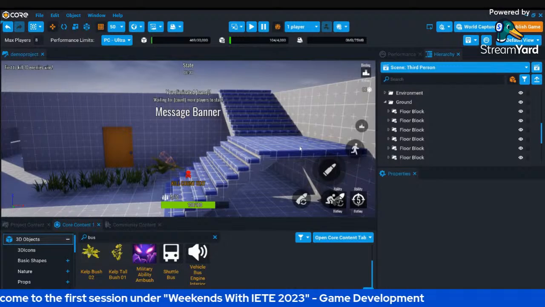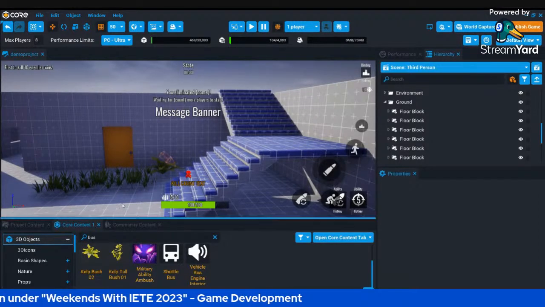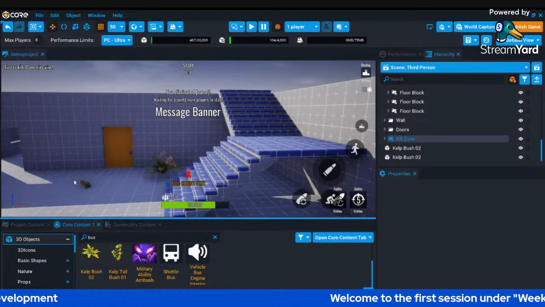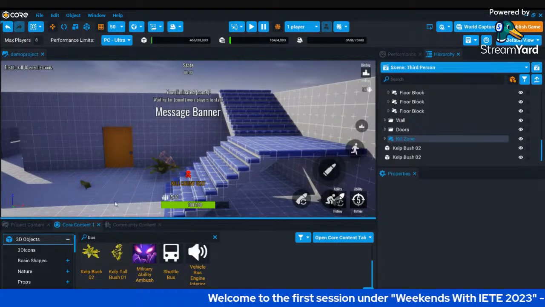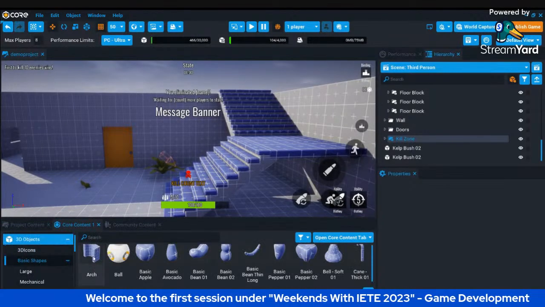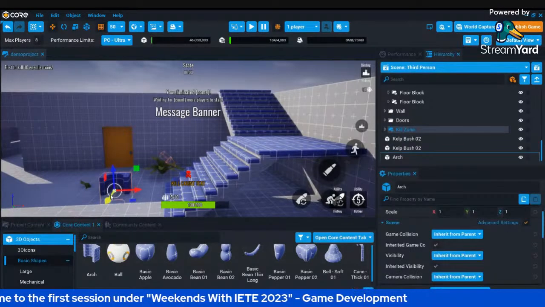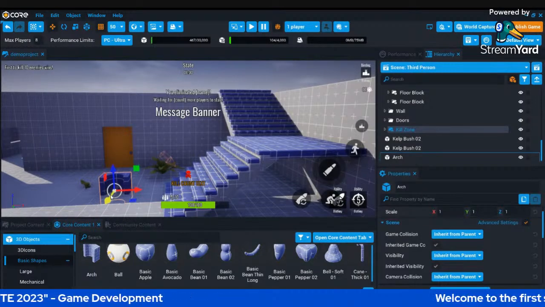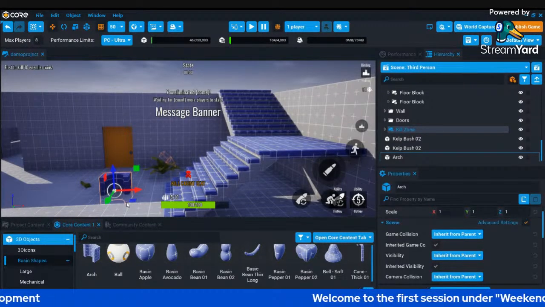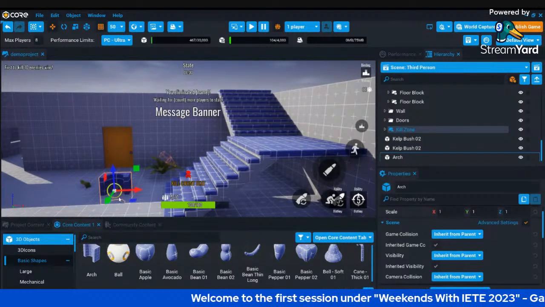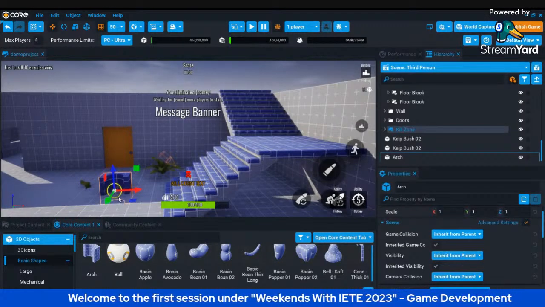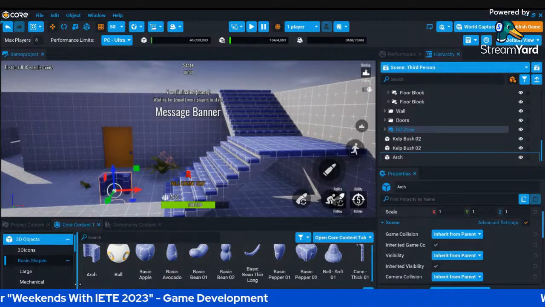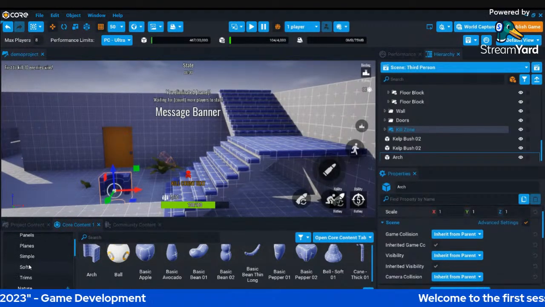Now let us add some materials. You can just randomly select any object. If you want to give a material to your object, just select it. Now here you are selecting, this is your object, suppose. Okay, I think I must wait, the screen is lagging. Okay, so now you have selected an object. Now you just have to give it a property.